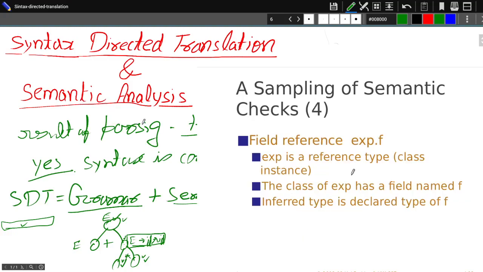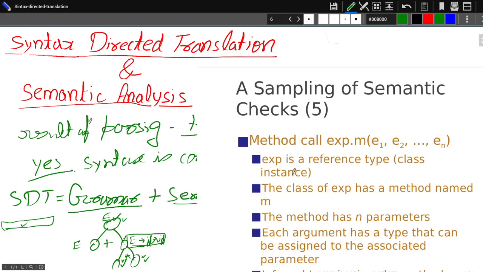Field reference: exp.f you are using, so is exp a reference type or not? For a method call exp.m, exp must be a reference type. The class of exp has a method named m, and these are certain things that we have to check. So basically what we are checking here is